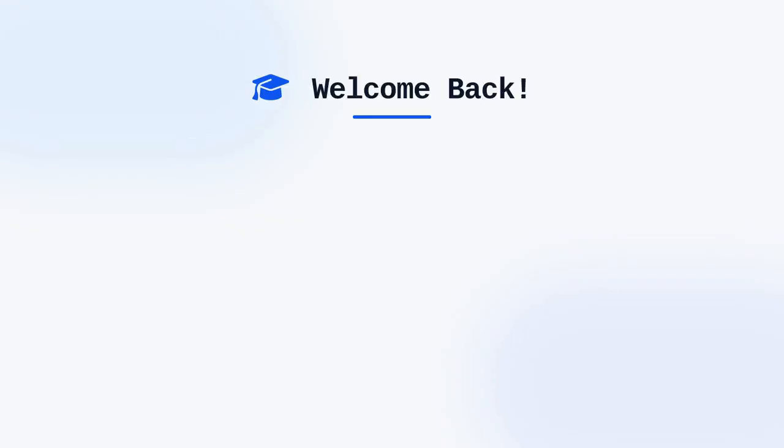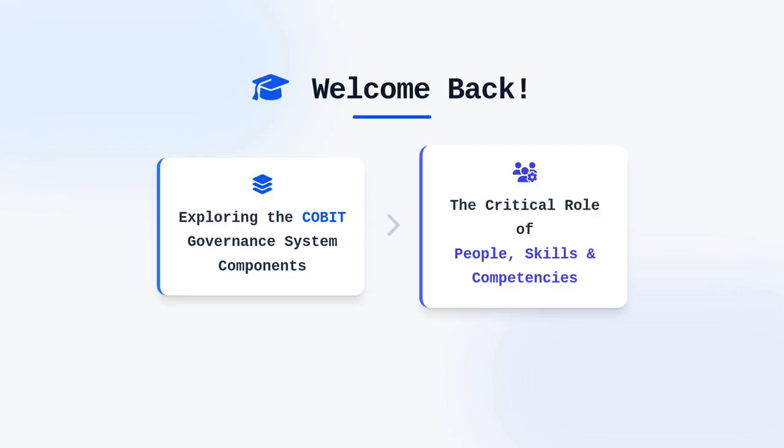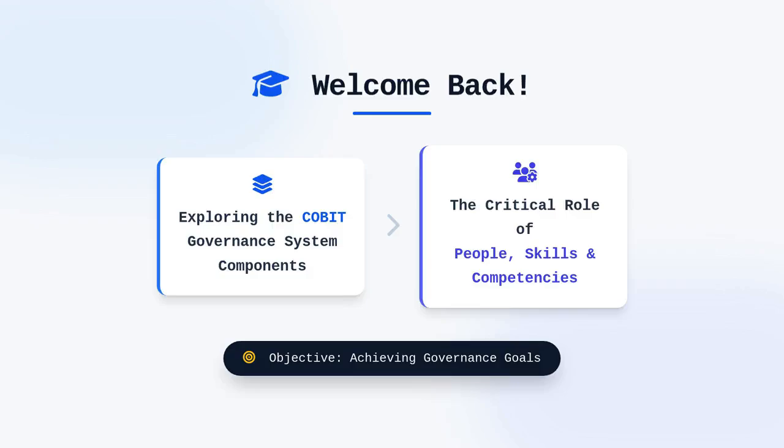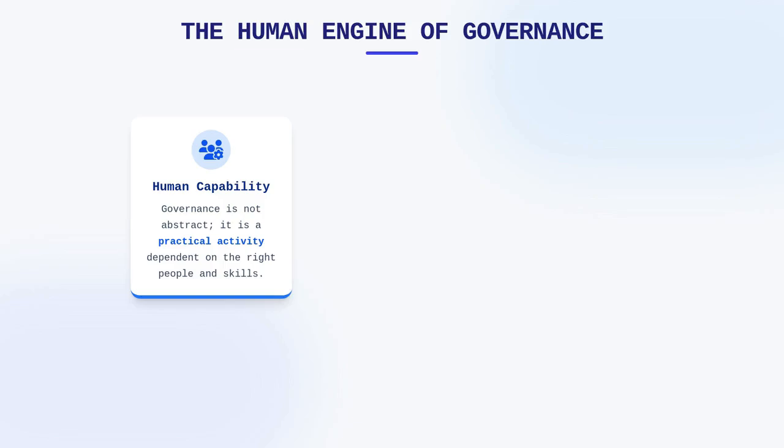Welcome back to our exploration of the COBIT governance system components. In this session, we will examine the critical role of people, skills, and competencies in achieving governance goals. Governance is not an abstract exercise performed in a vacuum, but rather a practical activity that relies entirely on human capability. Without the right people possessing the necessary skills, even the most sophisticated governance frameworks will fail to materialize into